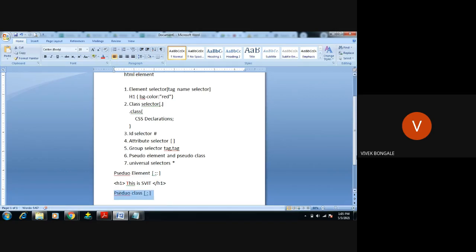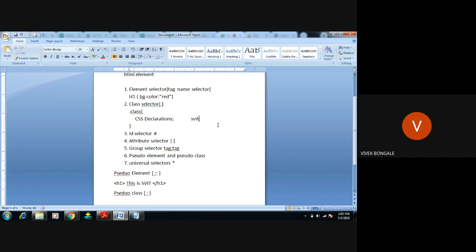Hyperlinks are written using href, correct? For example, www.saividya.ac.in with a label, and the label is SVIT. This is a label we have given, and you want to click on it. Till the mouse reaches here, it will show the arrow symbol. Once it reaches onto this label, it will convert to the hand symbol.